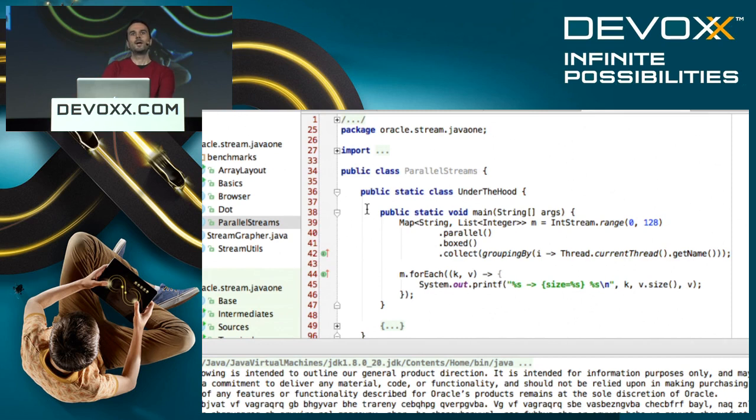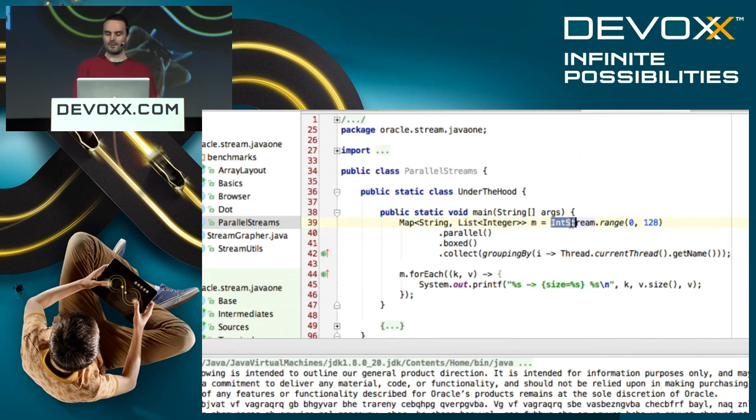I found there was a neat way of using streams to actually show what's going on underneath the covers when going parallel. So what I'm doing is I want to create a map whose keys are strings and whose values are a list of integers, where the keys are the thread that I'm operating on, and the list is the integers that have been operated on by that thread.